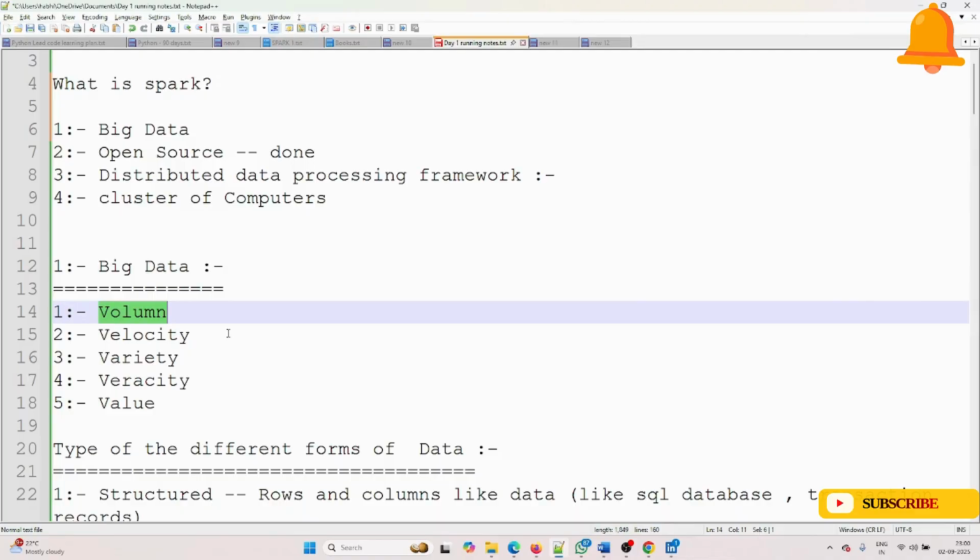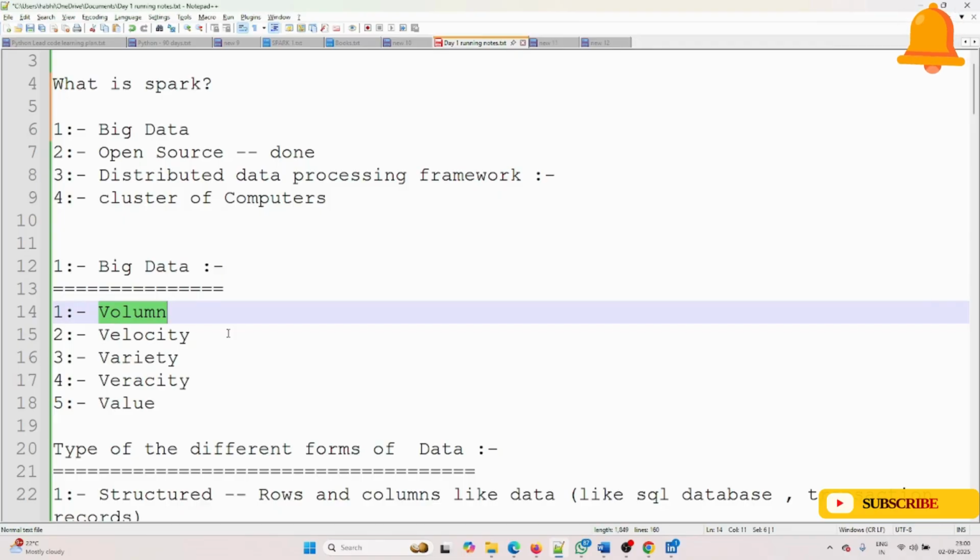Now I'm going to talk about how Spark handles velocity. Spark Streaming and Structured Streaming are designed for real time data. They process data in micro batches, a small chunk of data every second or millisecond. That way they are going to handle the data. Okay, a simple analogy from the real world, with an example, then you can understand better.